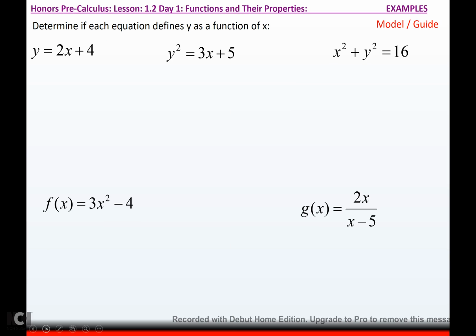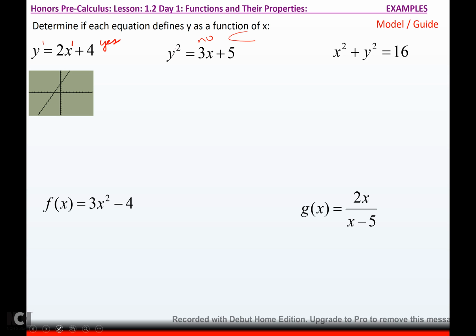All right, so it says determine if each equation defines y as a function of x. It's a line. First degrees are lines, so I know it does. But if you're not sure, graph it and do the vertical line test. This one is a y squared, which means it's going to be a sideways parabola, which means it's not going